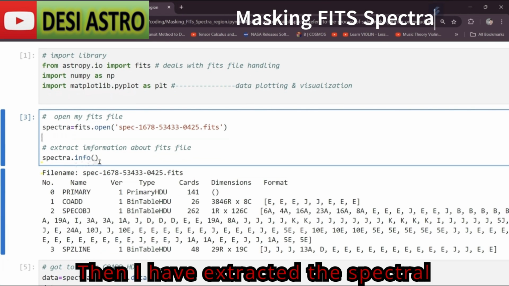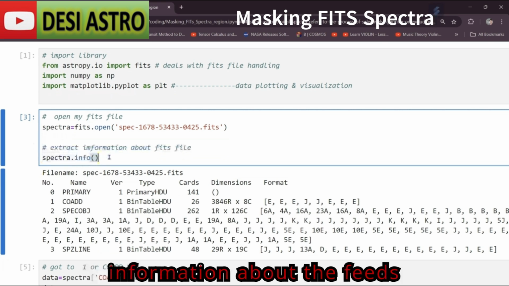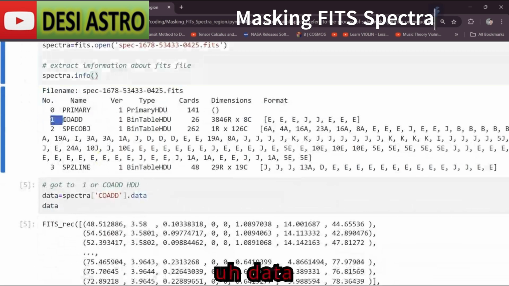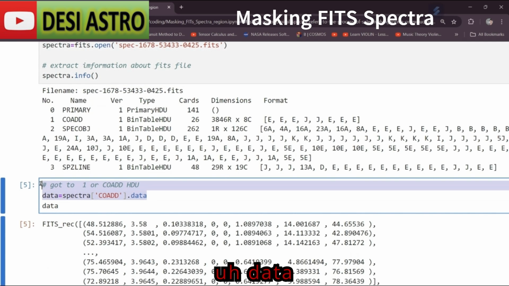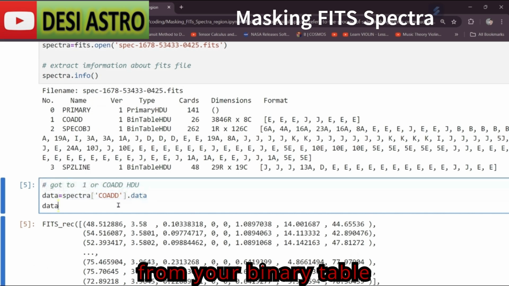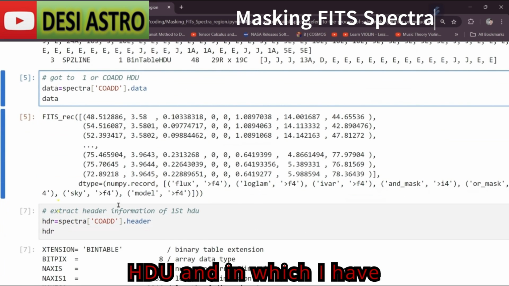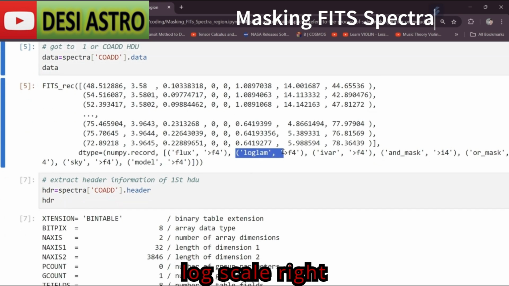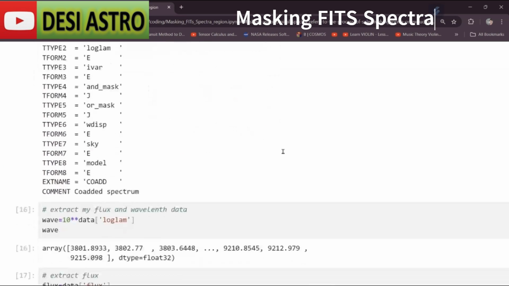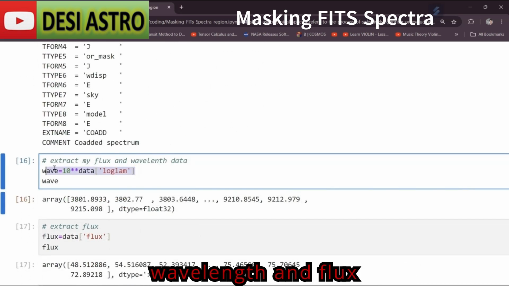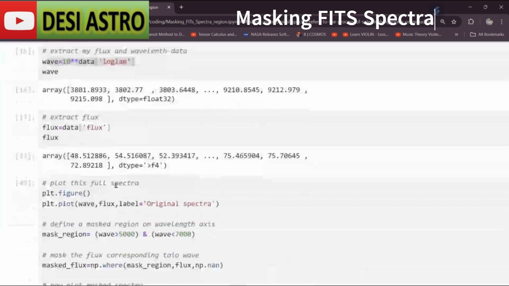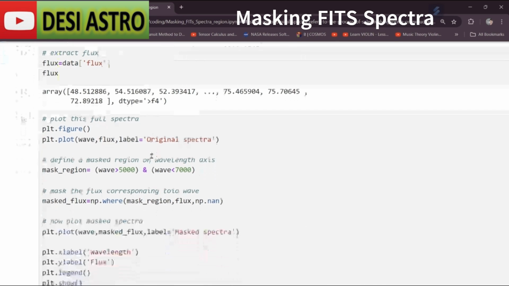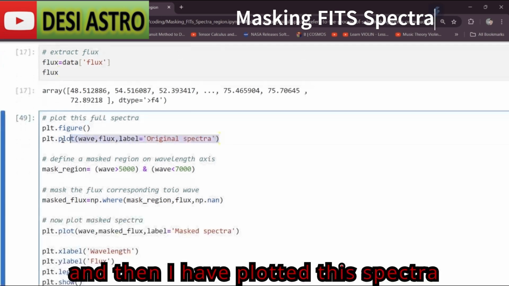Then I have extracted the spectral information about the Fits data, and then I have extracted our data from the binary table HDU, in which I have flux and wavelength on the log scale. After that I have extracted the wavelength and flux using this attribute, and then I have plotted this spectra,